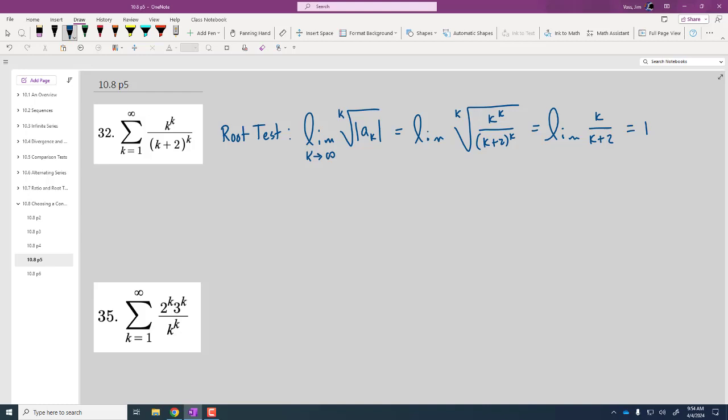Let's look at this. What about when we look at this summand? Remember that we should always think about the divergence test, at least loosely. Is the limit of a sub k 0? If the limit of a sub k is 0, then the divergence test is inconclusive and we have to do something else anyway. When we look at this, if we take the limit of this,